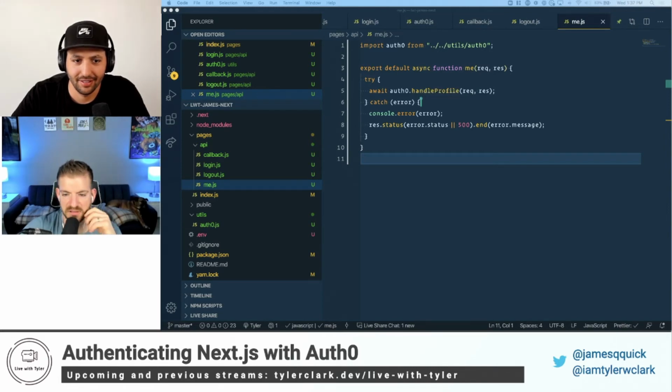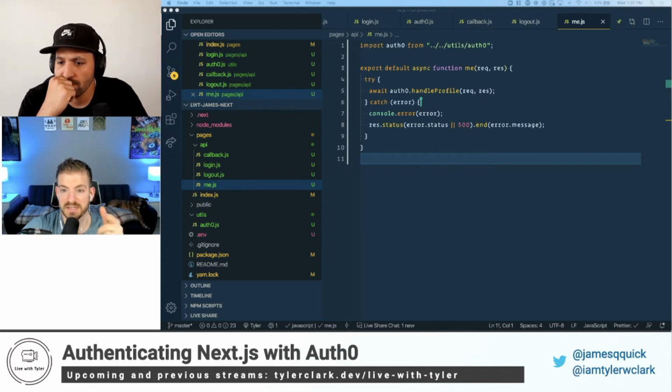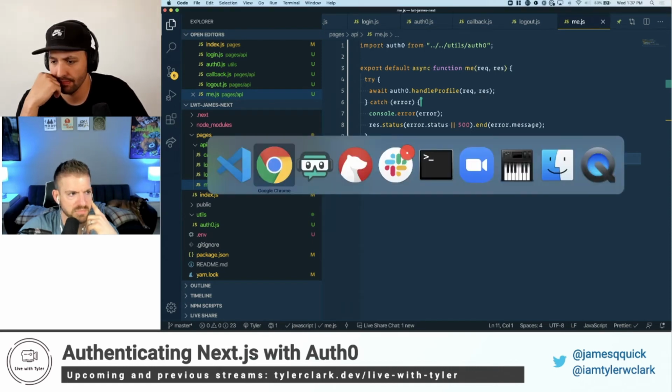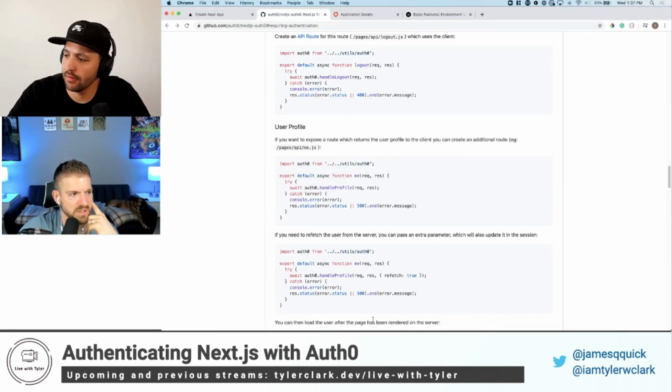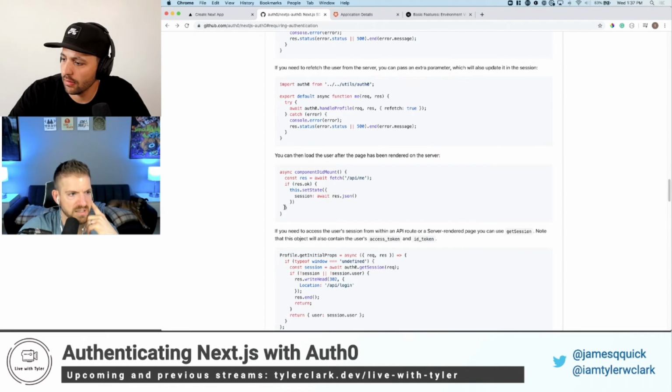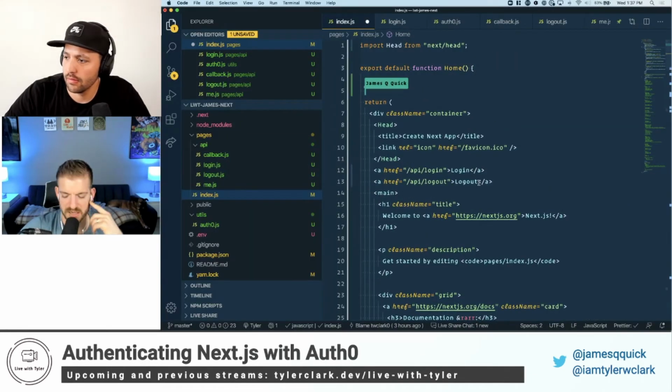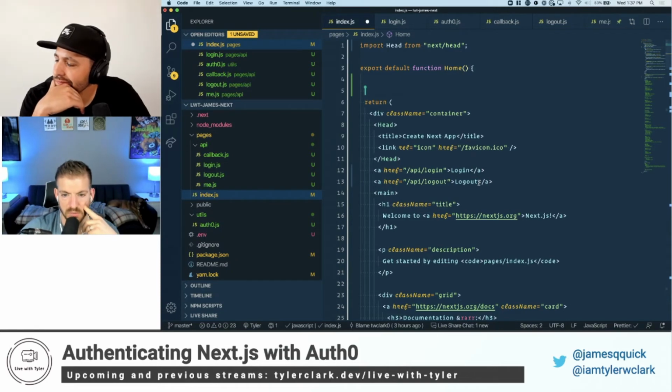We'll save that file, and I'm going to scroll down in the docs. It's showing how you can basically make a fetch request, and it's using componentDidMount, but I think we're probably not using class components, we're using functional components. So inside of our index page at the top of this is where we go ahead and